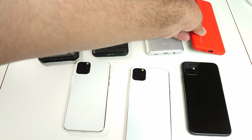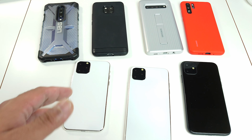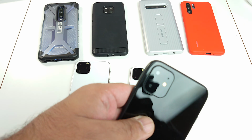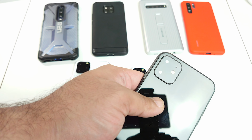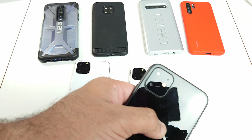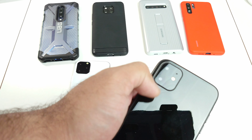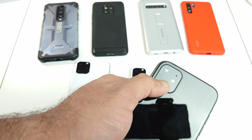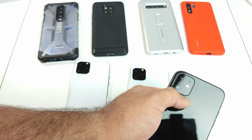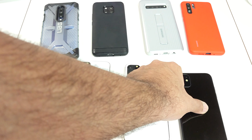And what gets me on top of all that is the Pixel line of phones is going with this ugly nastiness. Now, what I don't get here is this is the iPhone 11R, if that's what it's going to be called. 2 cameras and a flash. Yet, they still got a big ugly square. Why do you need a big ugly square for only 2 cameras? I don't get it. The current line of iPhones have got 2 cameras and a flash, and they don't have this ugly square. They've done it probably for